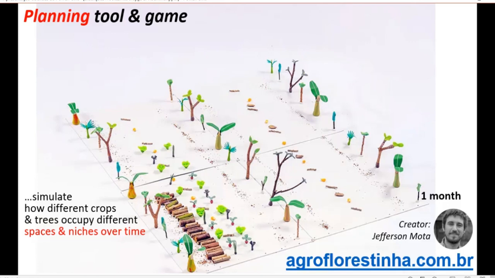So for example, here our former student, Jefferson Mocker, who is one of those students who taught us much more than we taught him, created this amazing game tool, he calls it Agroflorestinha, like little agroforest, which simulates how